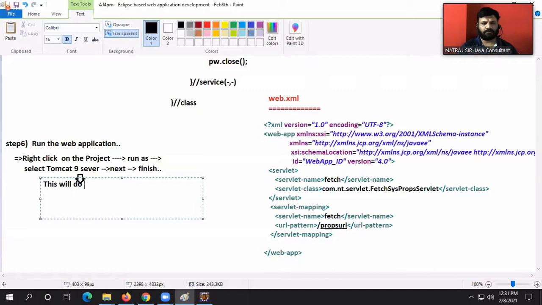This will do the following things dynamically. Compilation of servlet components.